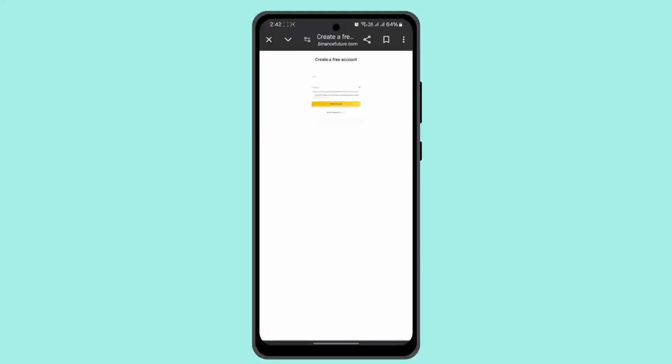After you're logged into your account, from the home page, navigate to the future trading section. You will be directed to the demo trading interface as well. So from the testnet homepage, navigate to the future trading section. You will be directed to the demo trading interface, and on the left side, select the trading pair you want